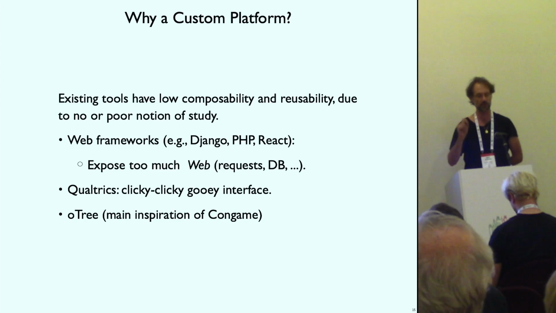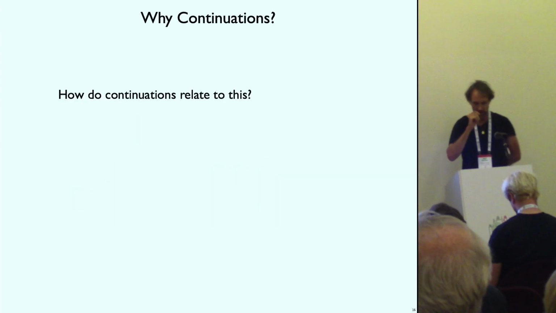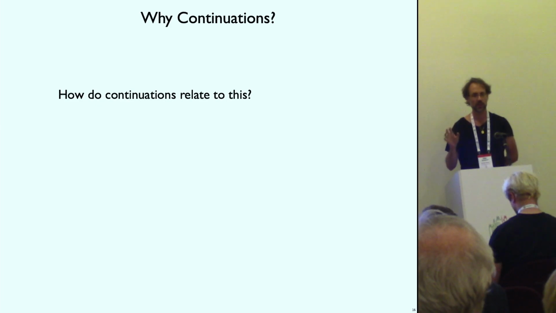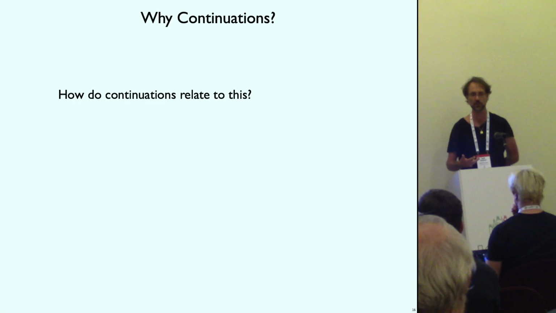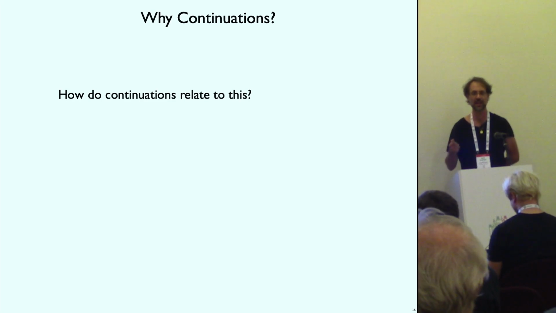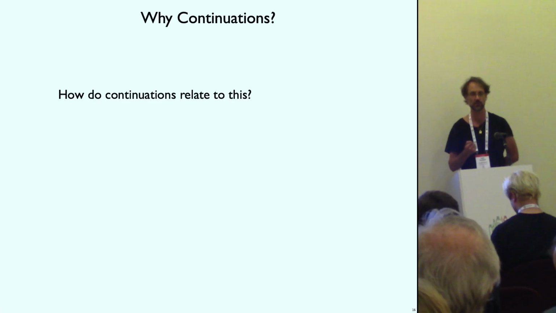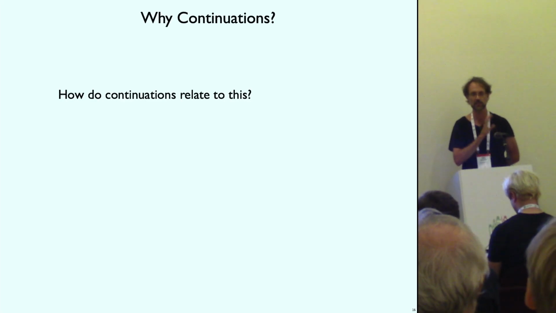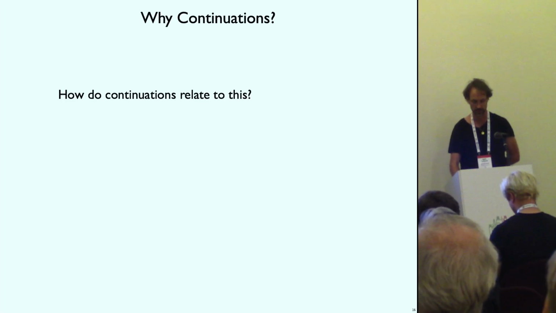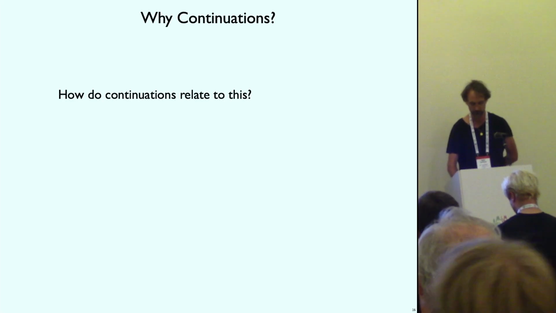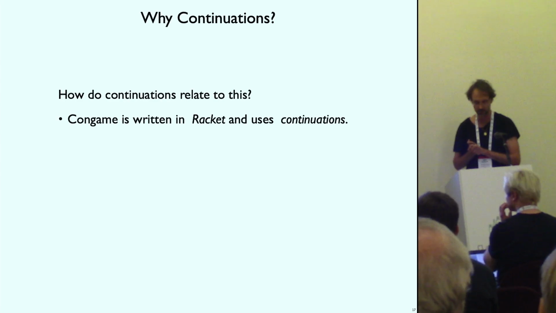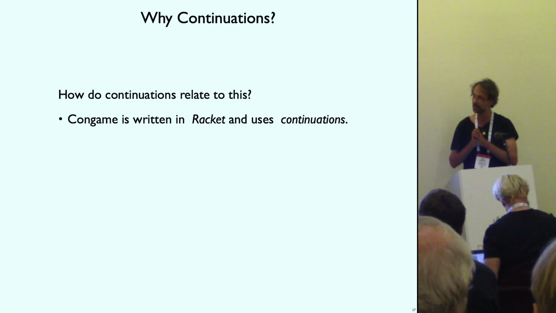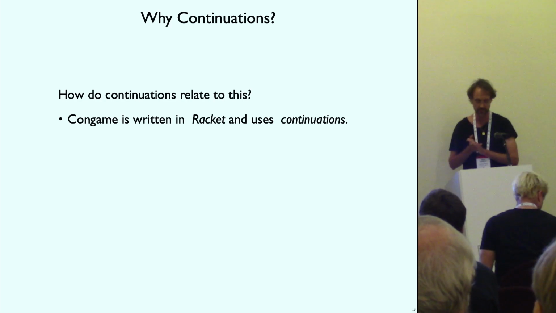Oh, by the way, I should have mentioned, I haven't talked about continuations yet. In the first half of the talk I'm going to talk about what the software is trying to achieve, why we want to do something, and therefore how continuations gave us some benefits, but I'm not going to explain continuations. Then Bogdan takes over and explains specifically how the continuations fit into this and the problems we hit with them. All right, so as I mentioned, Racket is the programming language that we used here, and we are using its continuations quite heavily in the core of Congame.